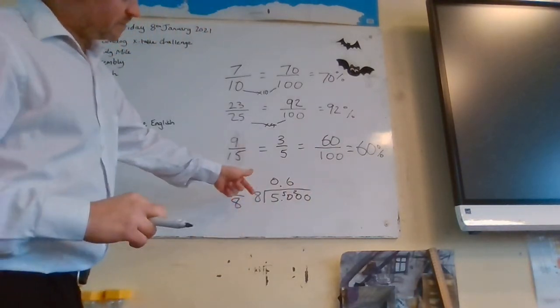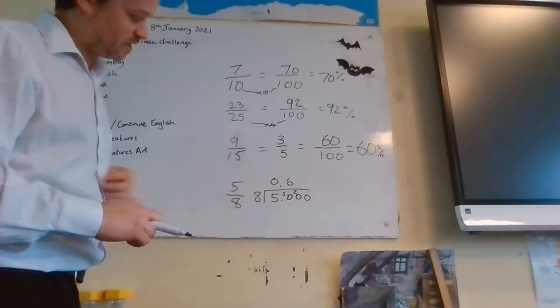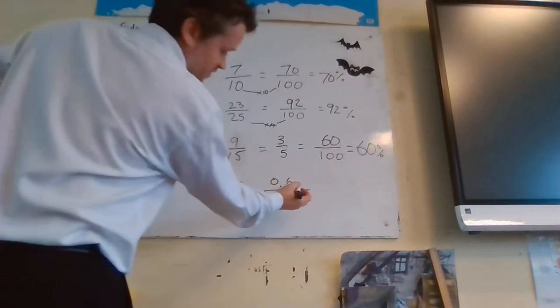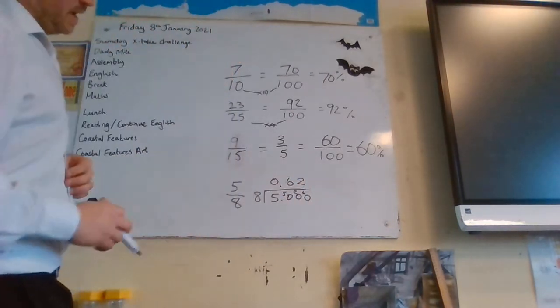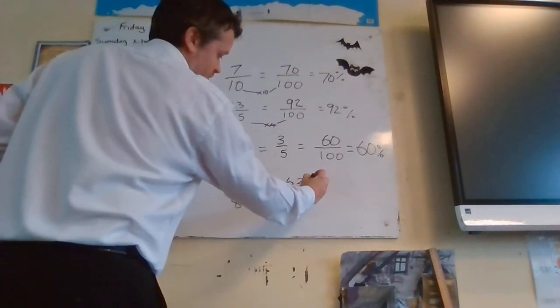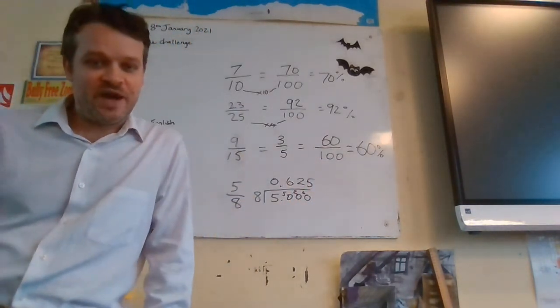So I know 5 times 8 is 40, so 6 times 8 would be 48, that leaves me my spare 2. 8 goes into 20 twice at 16, that leaves a 4 remainder. And 8 goes into 40 5 times. So as a decimal, 5/8 is